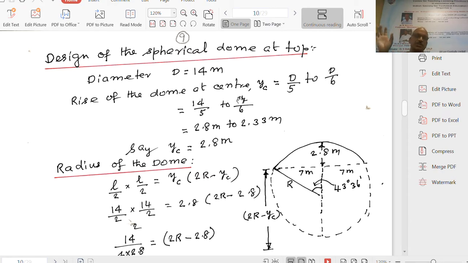The other, hoop stress, you can understand. So these are the two forces or stresses to which a dome will be subjected. So the dome slab will be designed for meridional thrust and hoop stress. For meridional thrust, you are going to provide the reinforcement in the radial direction from the top of the dome to the bottom of the dome. For the hoop stress, the steel will be provided in the form of horizontal rings. For this you have the formula to design the dome.